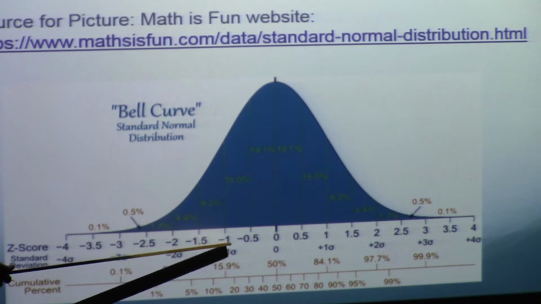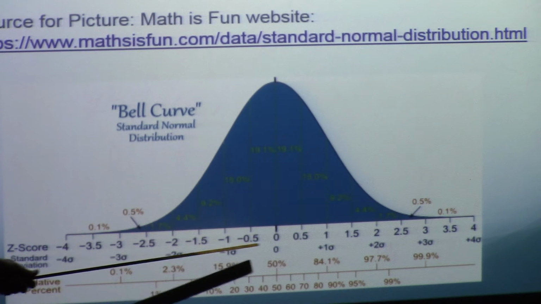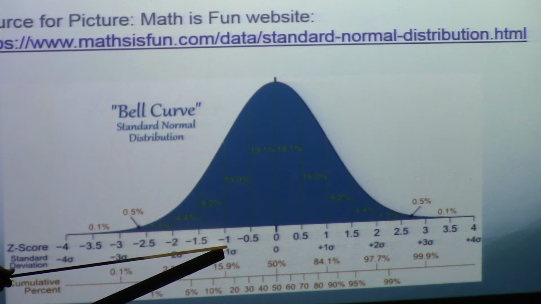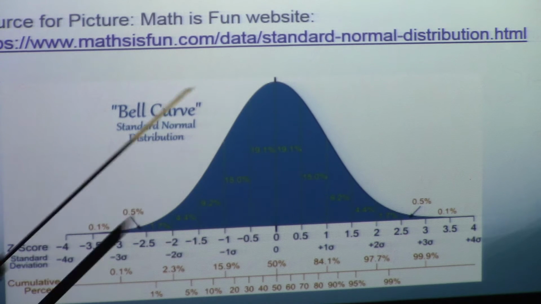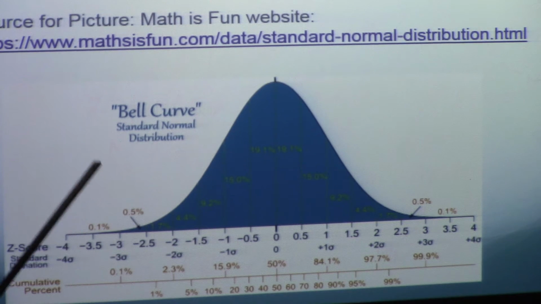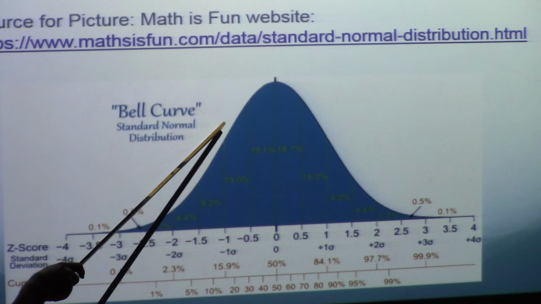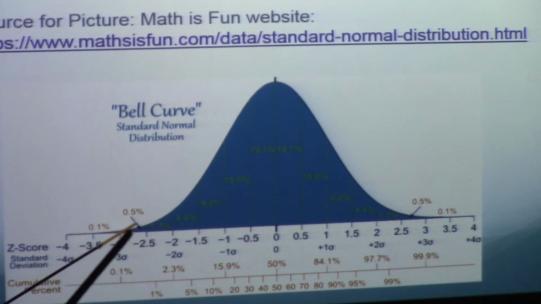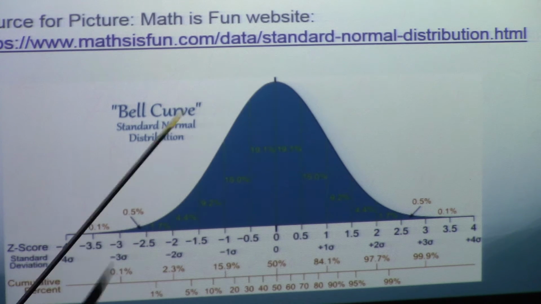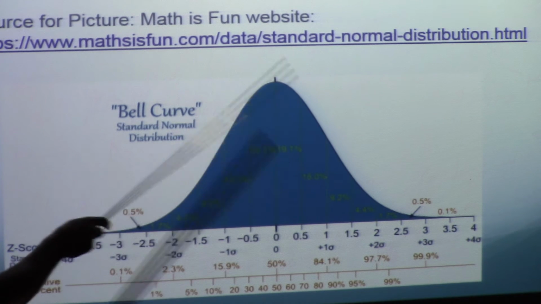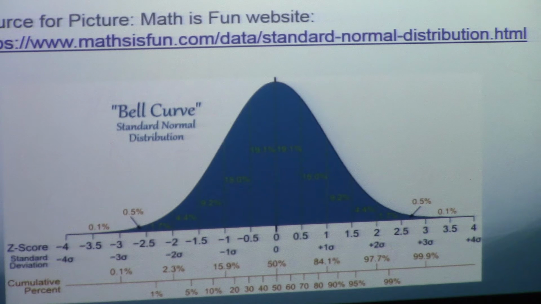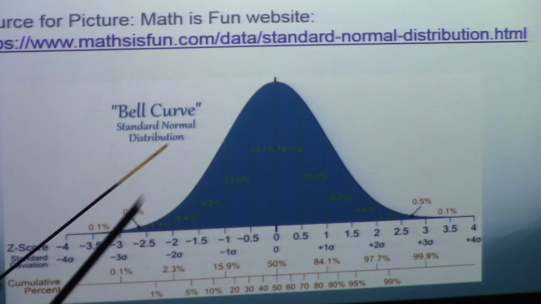Those two values are 1 standard deviation away from the mean of 0, 1 standard deviation higher than 0, 1 standard deviation below 0. Those are called inflection points. Another way to think about the inflection points is where the concavity changes. This part of the curve looks like a frown, right? This part of the curve over here and this part of the curve over here look like smiles, or parts of smiles. When it looks like a frown or part of a frown, that's called concave down. When it looks like a smile or part of a smile, that's called concave up. And the inflection points are where those change.